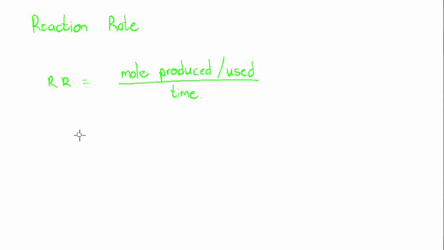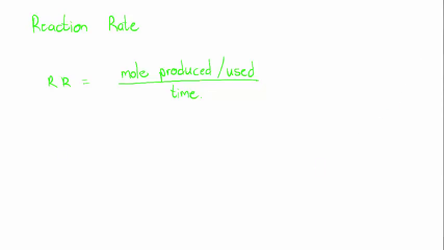Now, if the number of successful collisions per second means that I would look at the moles produced or the moles used up every second, which means divided by time. This is the formula for reaction rate. I would look at how many moles were produced within a certain time,